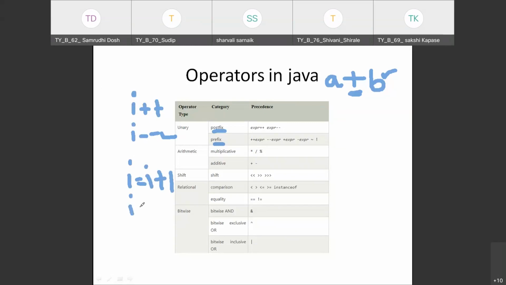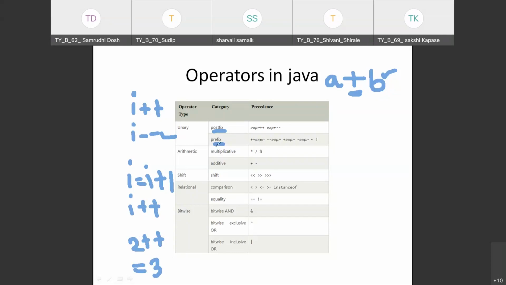This is the meaning of i plus plus. For example, suppose my i value is 2 and I have written i plus plus, this means my value will now be 2 plus 1, so it will be 3. So this is the postfix operator. We call it an incremental operator.